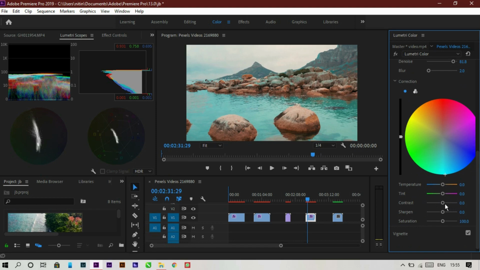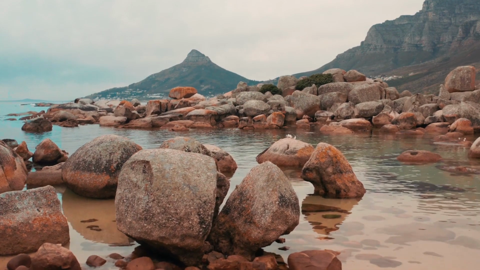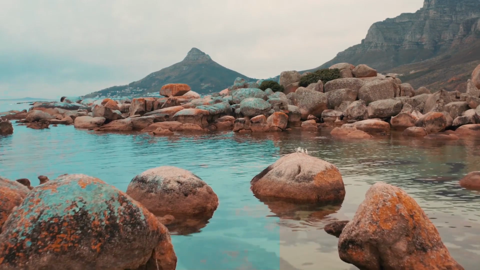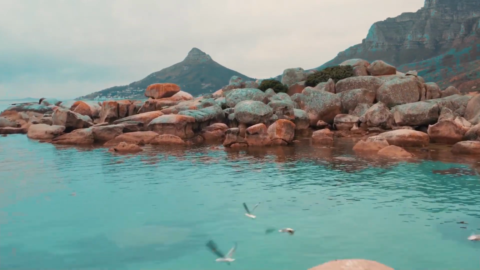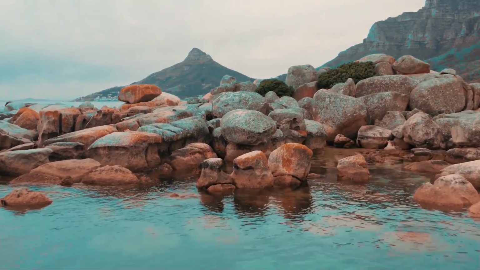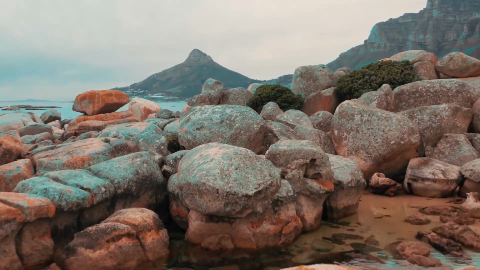And I'll just decrease the contrast so it will blend more into the scene. It doesn't look fake after that, but okay, it's just fine. And you can also change these settings as well. Now let's play the video. So there you can see our watercolor is now changed, but boulders are remaining the same.